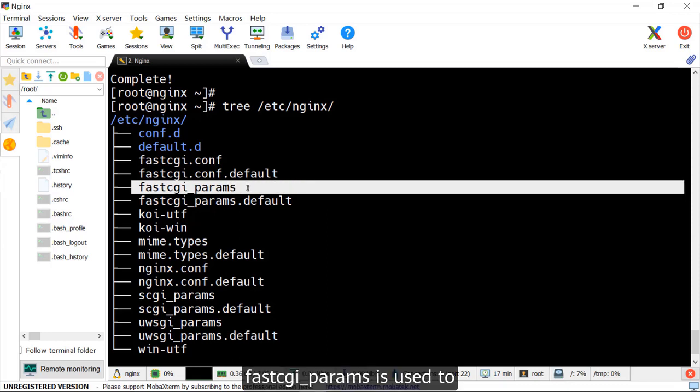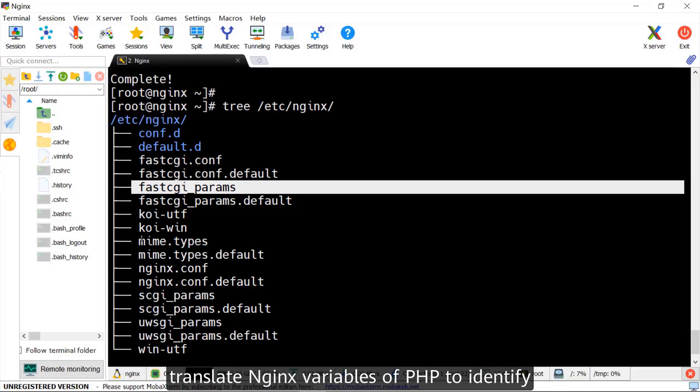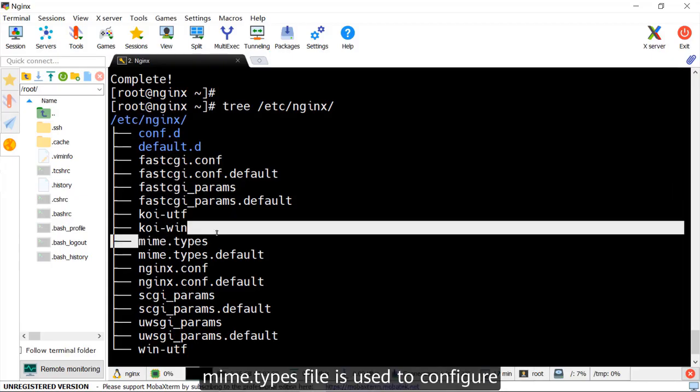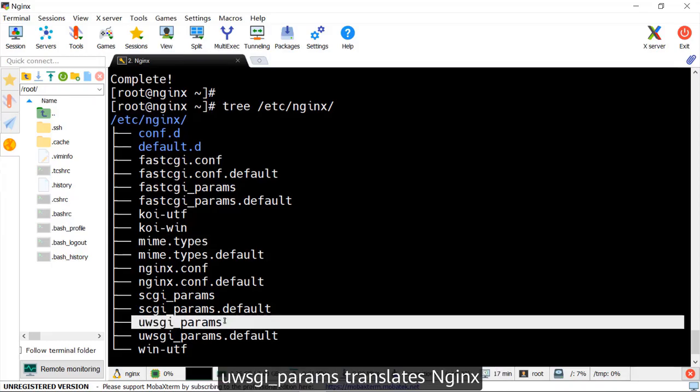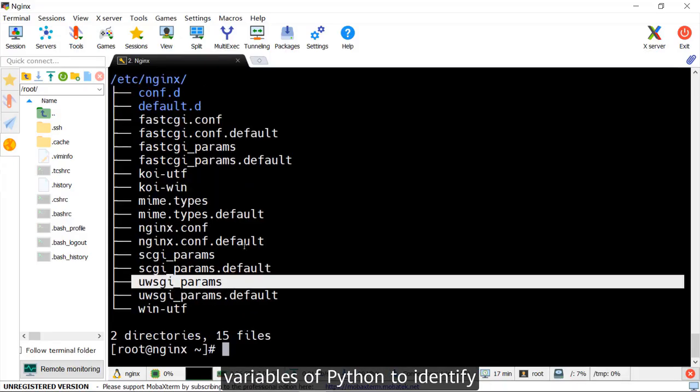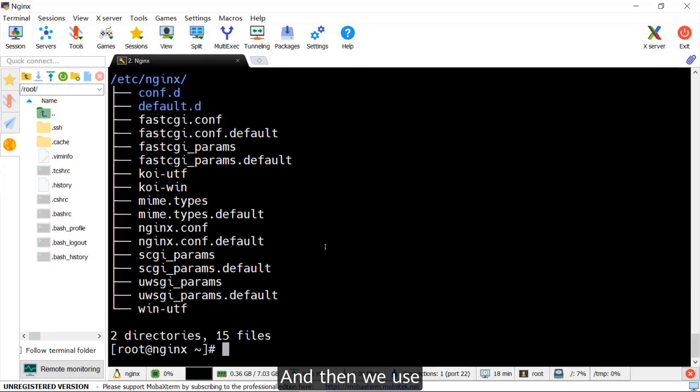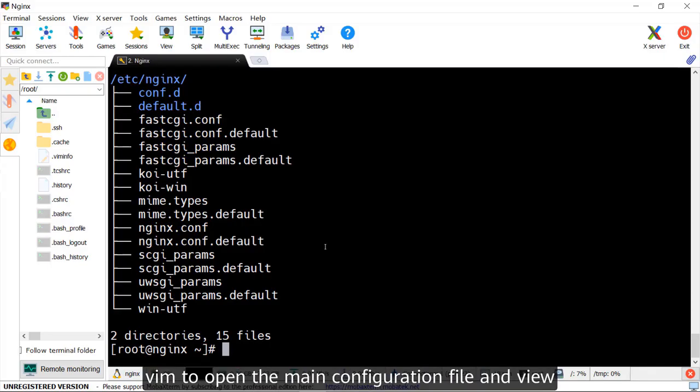The FastCGI parameters file is used to translate Nginx variables for PHP to identify. The MIME types file is used to configure the supported MIME media file types. The uWSGI parameters file translates Nginx variables for Python to identify. And then we use vim to open the main configuration file and view